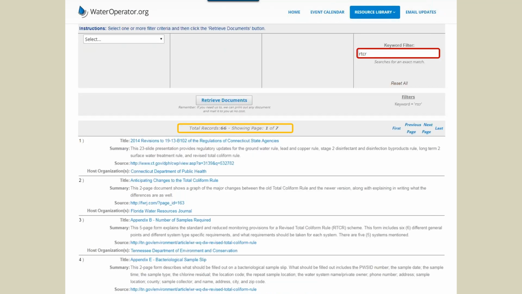You can also use a keyword filter and search for something that's unique that wouldn't be in one of our categories. So RTCR, the Revised Total Coliform Rule, you can search and then narrow that down using the select button from the 66. And it talks about these are from different groups. You can see here Connecticut, Florida, Tennessee. They're all government agencies in this case, but there's